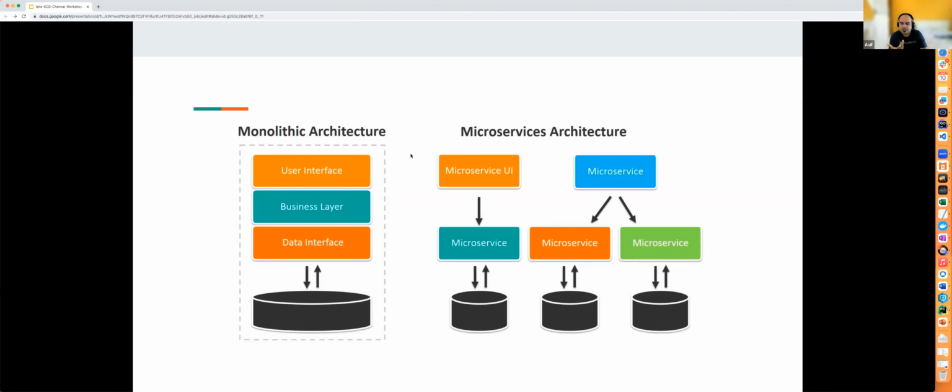One, it was a big piece of software, so it was difficult to upgrade, and it was difficult to identify where the issues were happening because there were so many modules pumping logs into a single space, right? And when you try to scale the application, since it's a single piece of software, you need to scale up completely. There might be a situation where only the user interface was overloaded, and the business layer and the data interface layer were pretty okay. But since the user interface was overloaded, you have to scale up to 10 or 5, right? So it was just wastage of resources, and it was not the best way to develop applications.